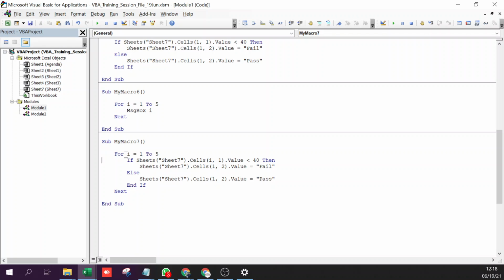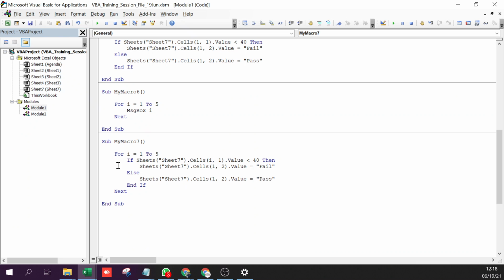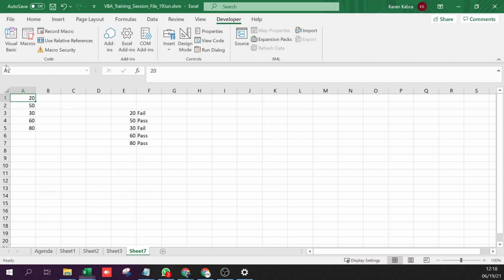That means when this loop runs for the first time, this i will have value 1. That means it will check the value in this cell 1 comma 1. Then when the loop runs for the second time, i will have the value 2. So this will check the value in cell A2, 2 comma 1. Then 3, then 4, then 5 comma 1.